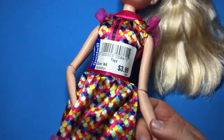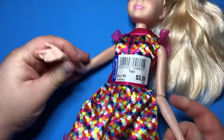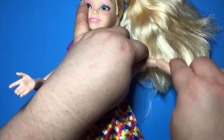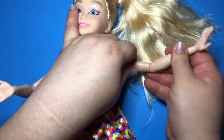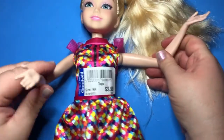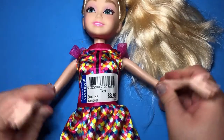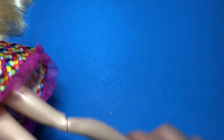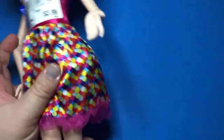Look at this articulation. Well, watch her make a liar out of me. It's not really her fault, but I don't know what happened. There we go. Just a little stiff. There we go. And the legs. Look at that. And her cute little shoes. I mean, she's just adorable. Of course she is. I just can't believe...